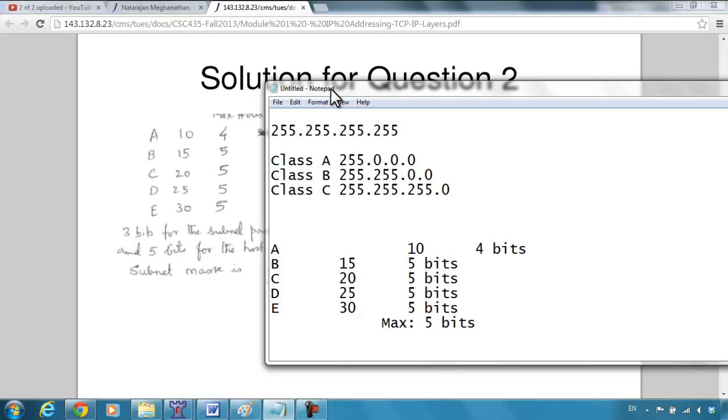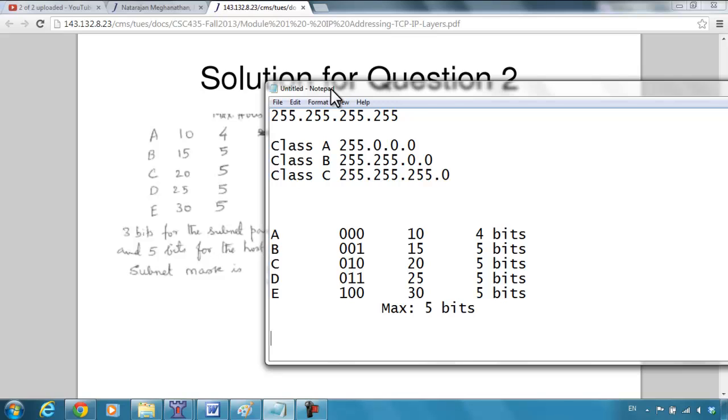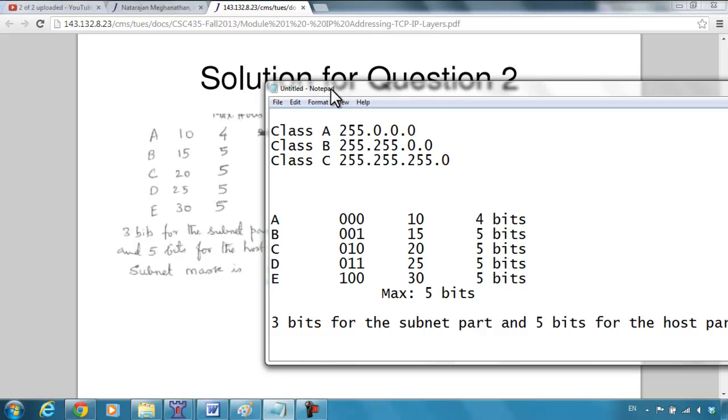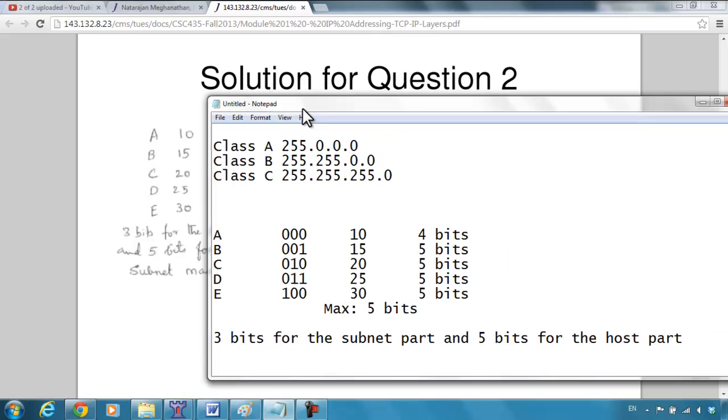So we can use 000 for this subnet, 001 for this, 010 for this, 011 for this, and 100 for this. So we need 3 bits for the subnet part and 5 bits for the host part. So we need a total of 8 bits,